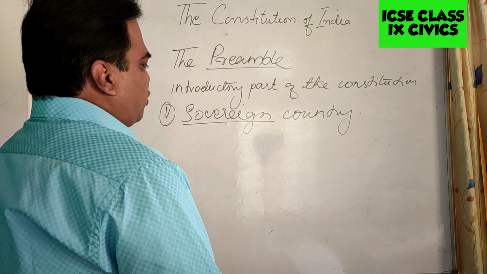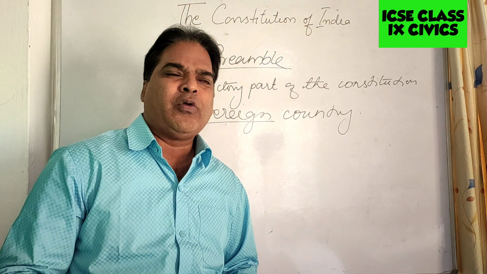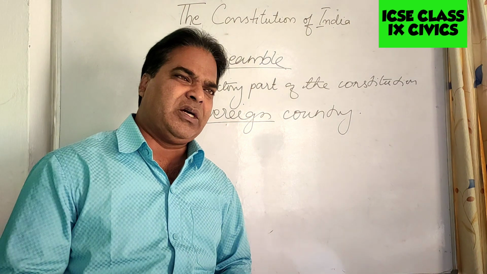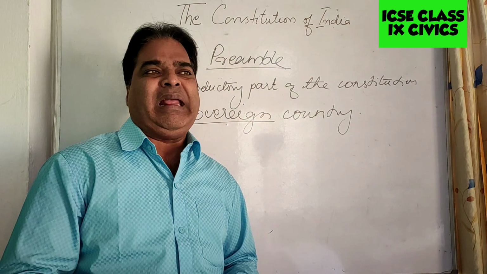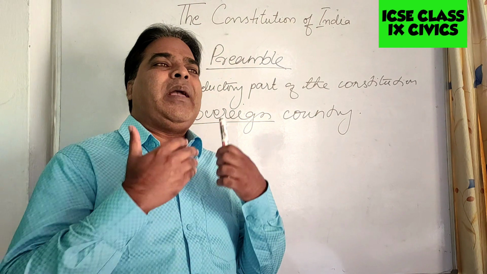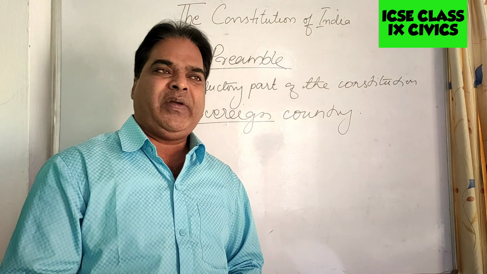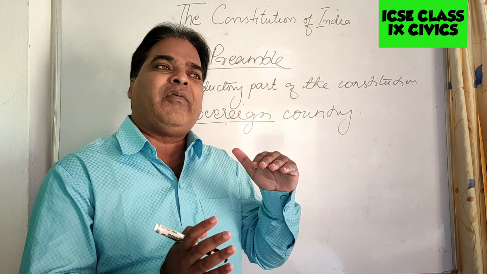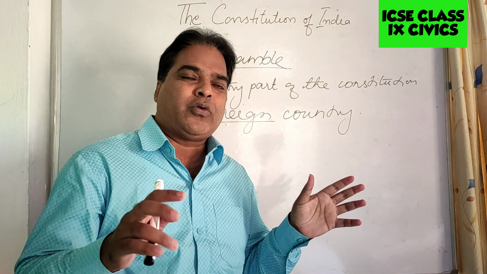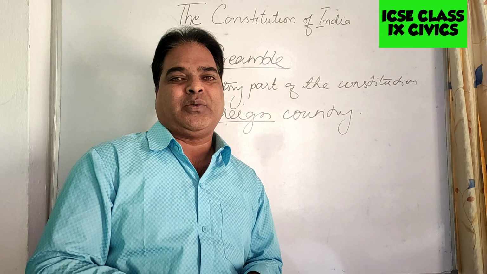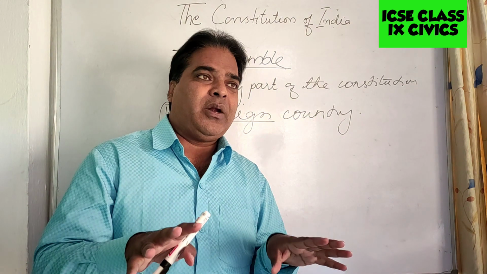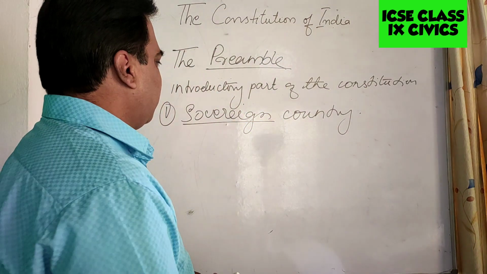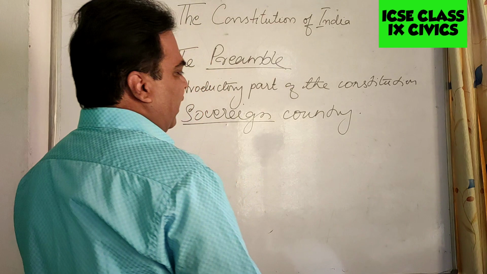Okay, so sovereign, because we have been under foreign rule for so many years. We were under foreign rule for many years, and then we became free in the year 1947, and we became completely a republic in the year 1950. That means from 1950 onward, we were completely free from foreign control. No foreign countries will have control over us. The British government definitely will have no control over the affairs of our country. So India became a sovereign country in the year 1950.